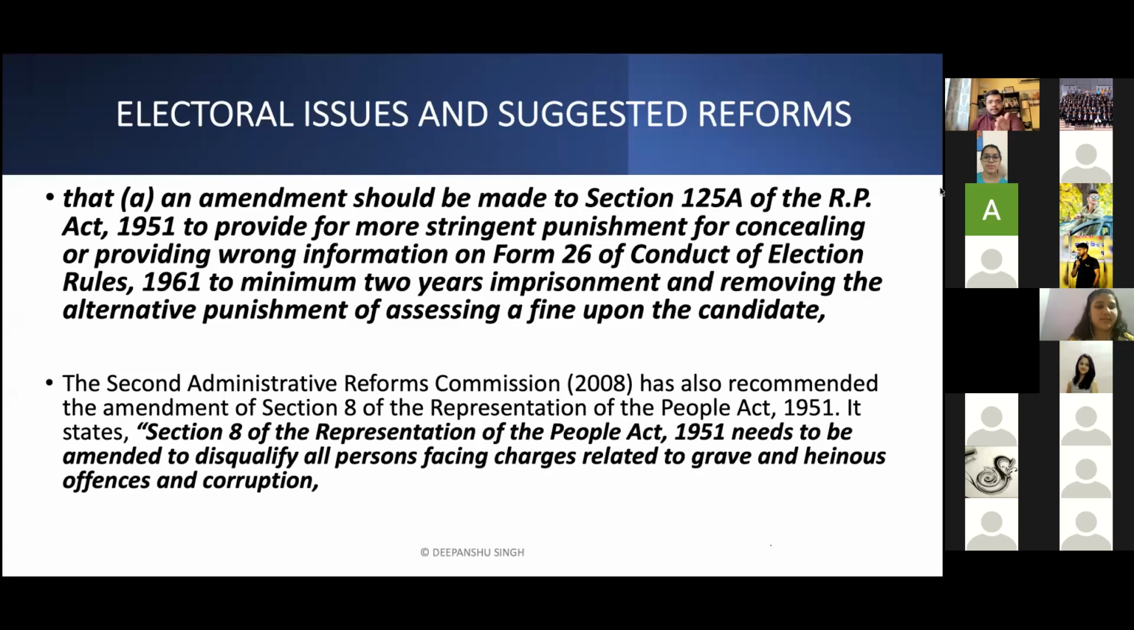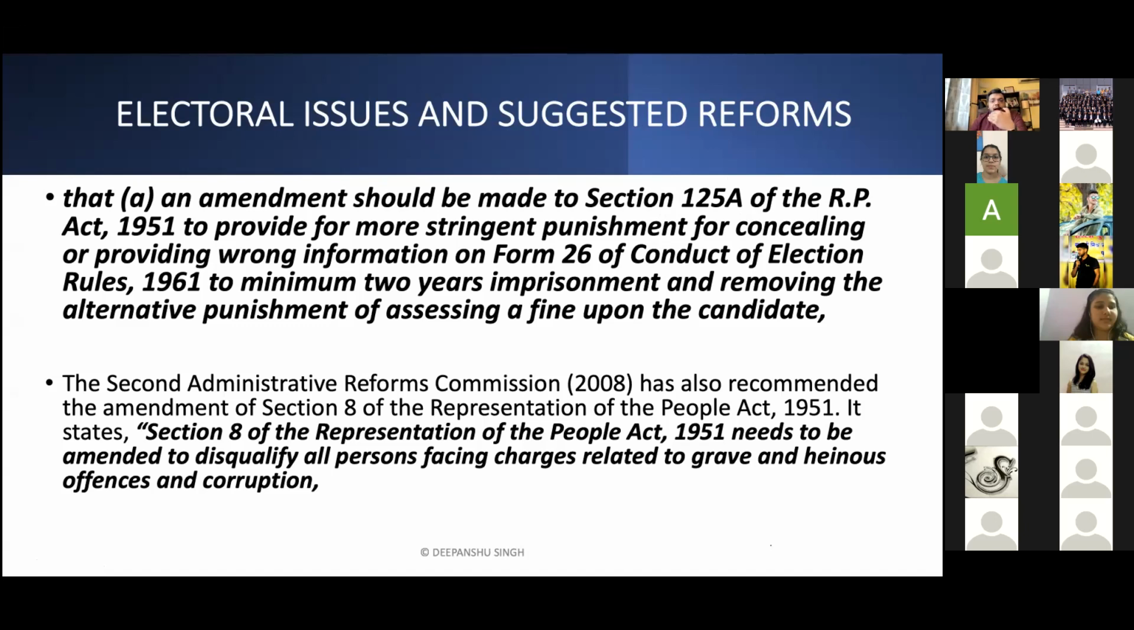So the first one is that section 125A of the RPA should provide for more stringent punishment for concealing or providing wrong information on Form 26 of the Conduct of Election Rules, to a minimum of 2 years of imprisonment, removing the alternative punishment of a fine. Right now, the only punishment available in this context is a fine, but there has been a recommendation to amend this so that giving false information in your affidavit will also be subject to a penalty of 2 years of imprisonment. The second ARC also recommended that section 8 of the RPA 1951 should be amended,